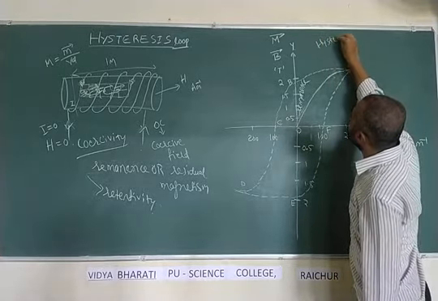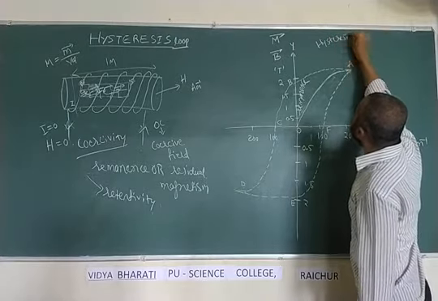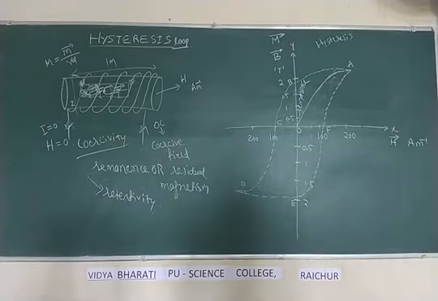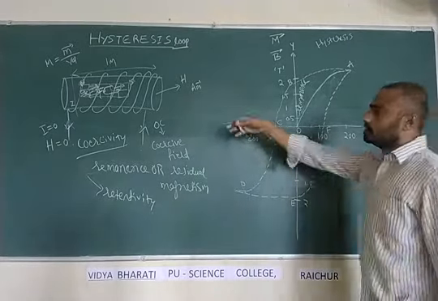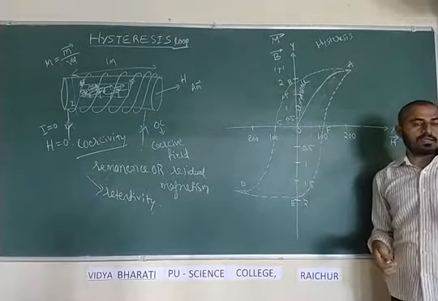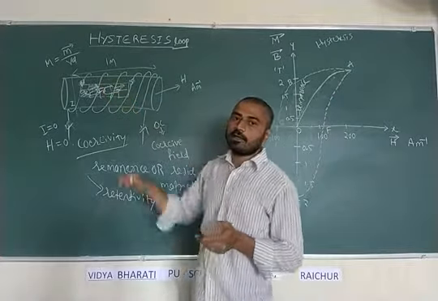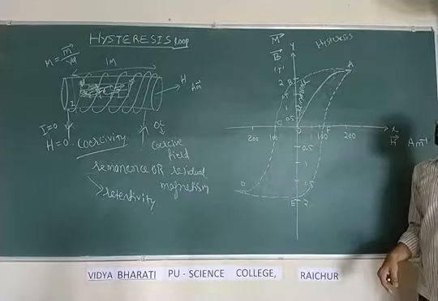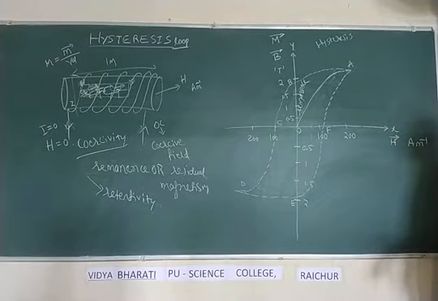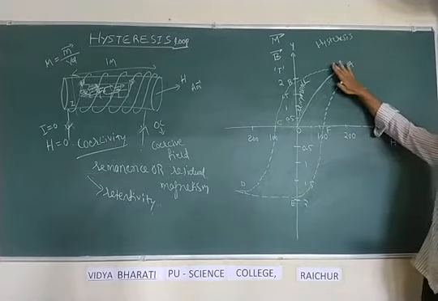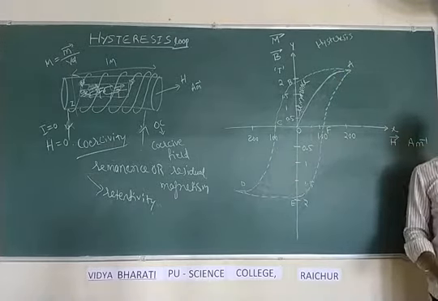And during this one complete cycle, some amount of energy is lost in the form of heat. That material gets hot and hot. Iron is getting hot, and some amount of energy is wasted in the form of heat energy. And that amount of heat energy, how much it is lost during one complete cycle of magnetization, is given by the area under this hysteresis curve.